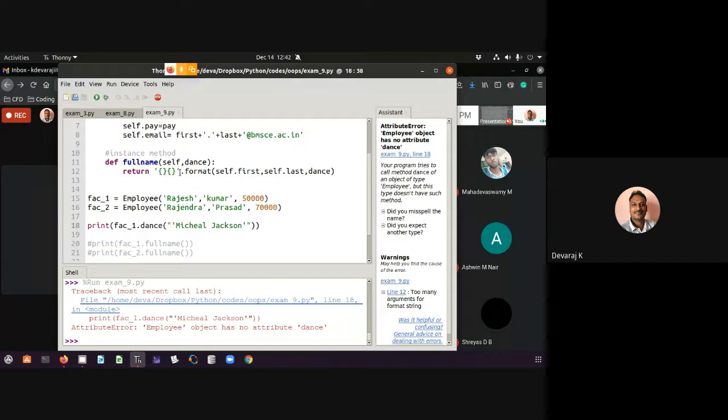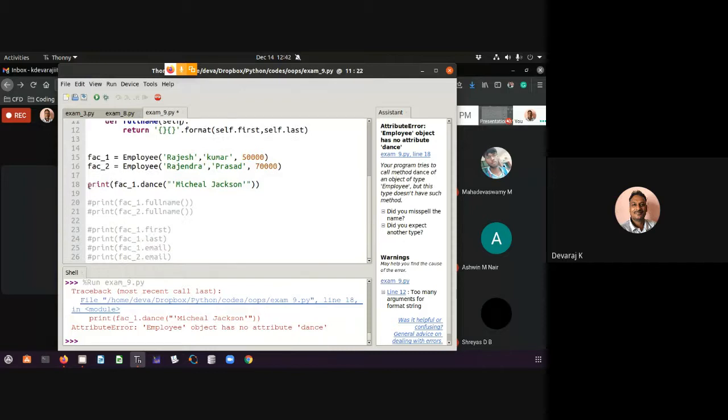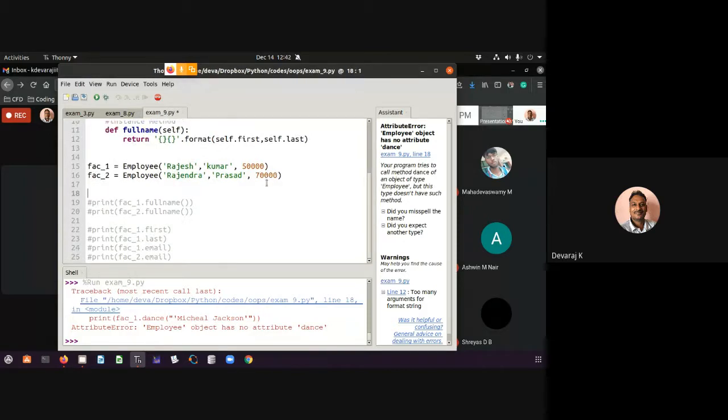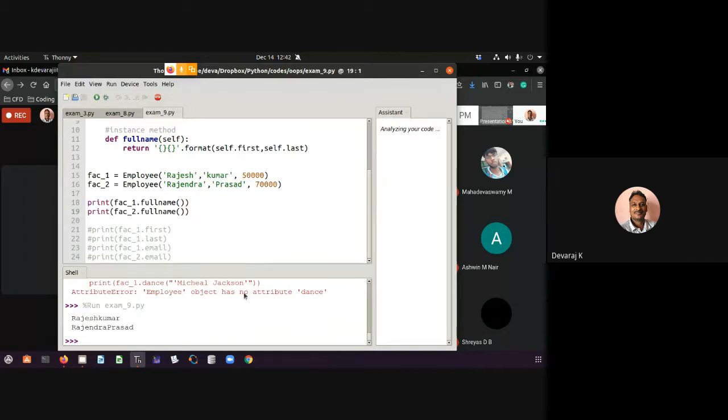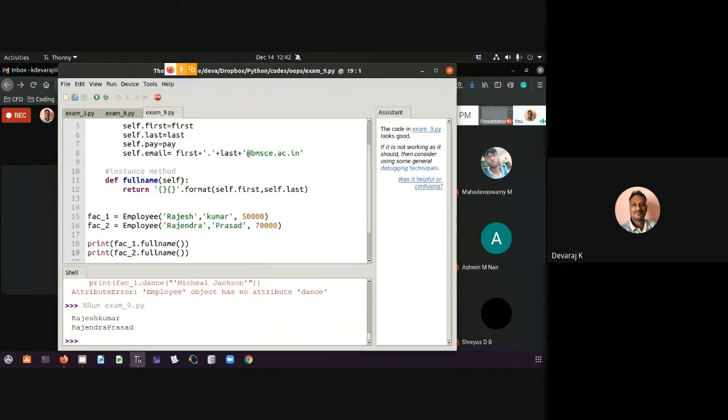Return. Okay. Format. Okay. This will run. It's not running. Check that. This is running. Execute this, it's running. This is fine. So instance, that methods I need to. So instance method, this is running.